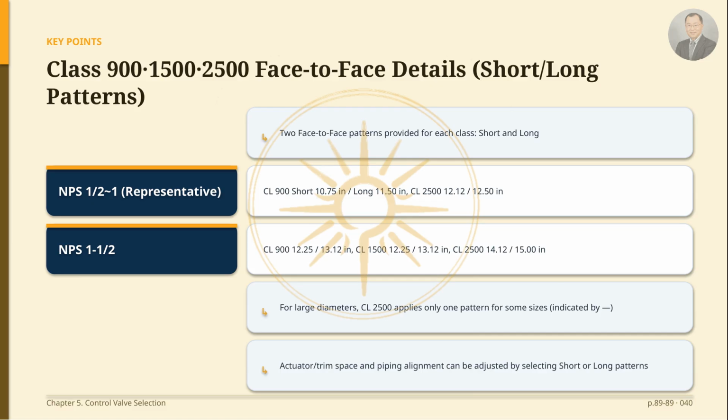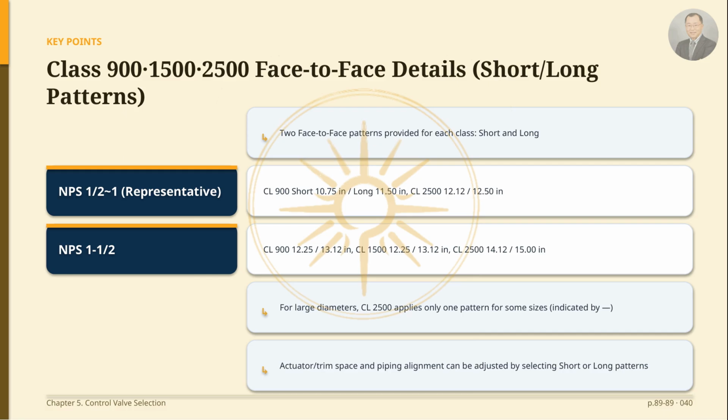The most notable feature of this table is that it provides two face-to-face patterns for each class, short and long. Looking at the representative values for the NPS 1/2 in to 1 inch range, Class 900 has a short dimension of 10.75 inches and a long dimension of 11.50 inches, while Class 2500 is 12.21 in for short and 12.50 inches for long. For NPS 1.5 inches,